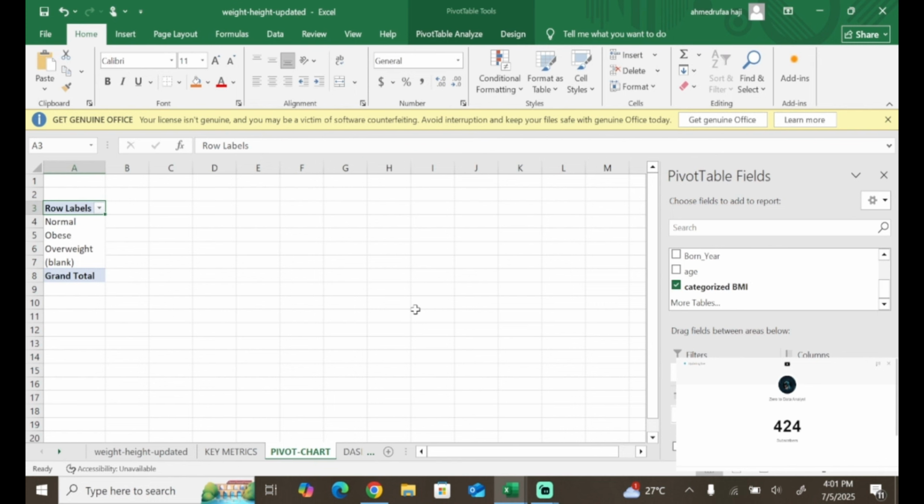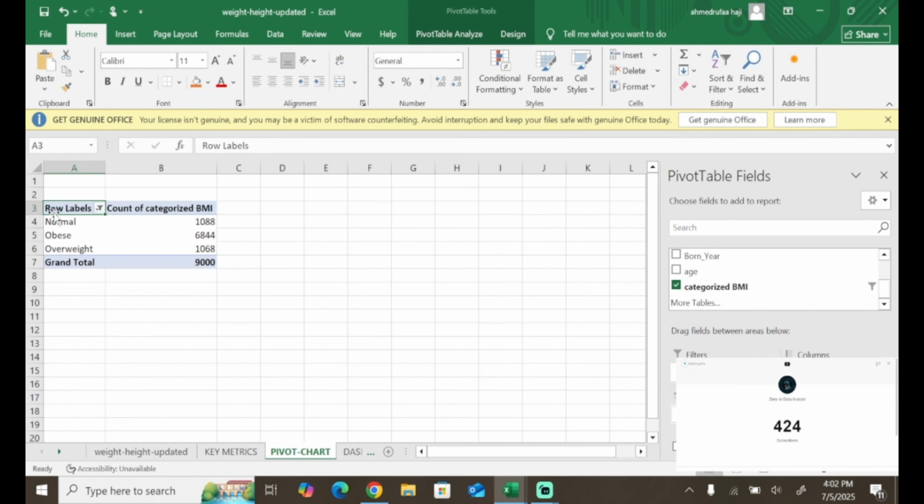We're going to choose this categorized BMI 2 times. As you can see there, where it is written drag, drag there. So we have the filters, we have column values, and rows. At the value, just drag the categorized BMI down there, and on the other side, also put the categorized